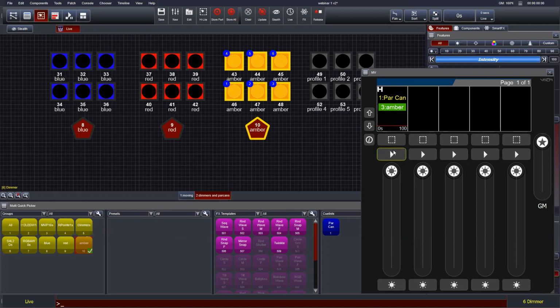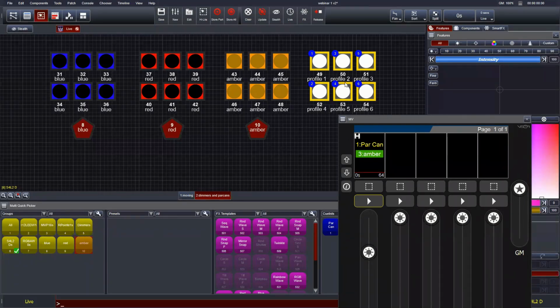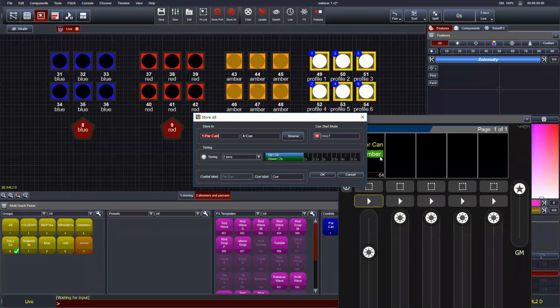Another important thing to mention about store all is it doesn't care where the information is coming from. It takes events coming from not only the programmer, but also playing back cues or group faders. So to demonstrate this, if I make another example of placing these 6 lights in my programmer, if I press store all and tap a second playback fader, let's just call this store all, and click OK, we can see